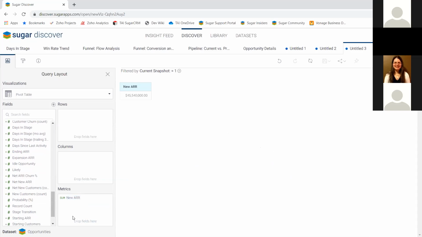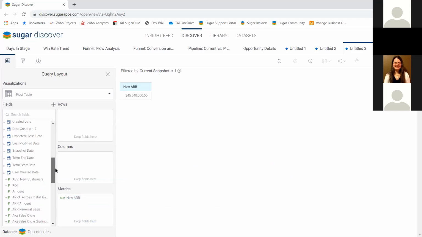And then I'm going to want to break this down based on how long someone's been a user. So I've got this user created date field that I can use for that. And I don't actually want to look at it by specific date. I want to group it a little bit more than that. So I'm going to use the year that my users were created. For any of our date fields, sort of similarly to how Sugar Report gives you the capability to group by different time periods, same functionality is available here to group into different time periods. So I'll use my year